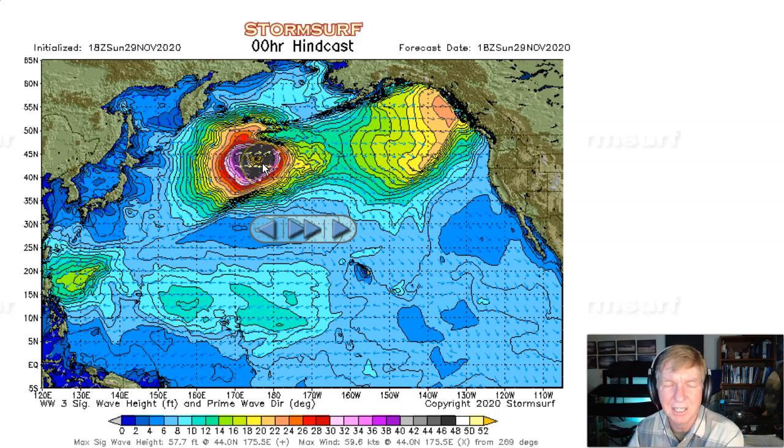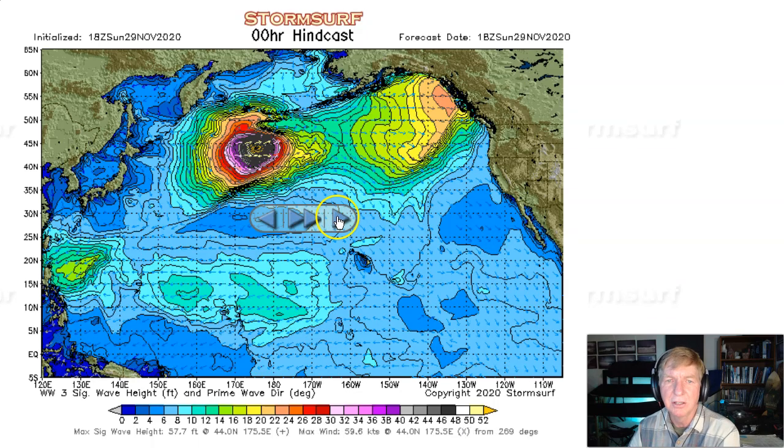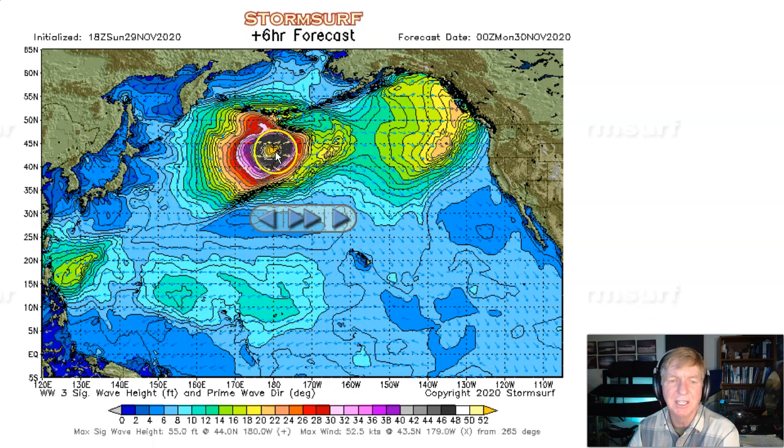We'll see if the Jason-3 satellite makes a pass over this area and if we can get some readings from it, but odds are typically pretty low of that, but you never know. We might get lucky. All right, let's move to the forecast. Looking forward, Sunday evening, seas still 55 feet on the dateline. You see the arrows, most energy pushing to the east, but a good amount